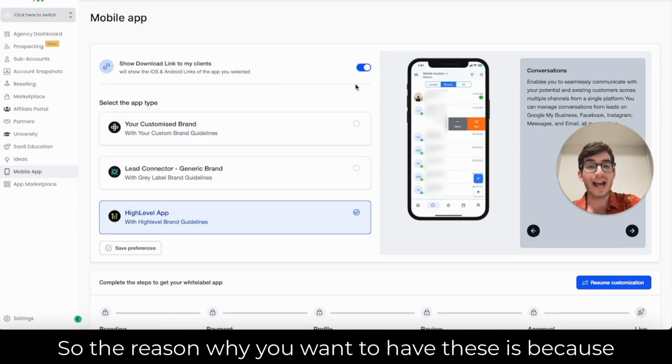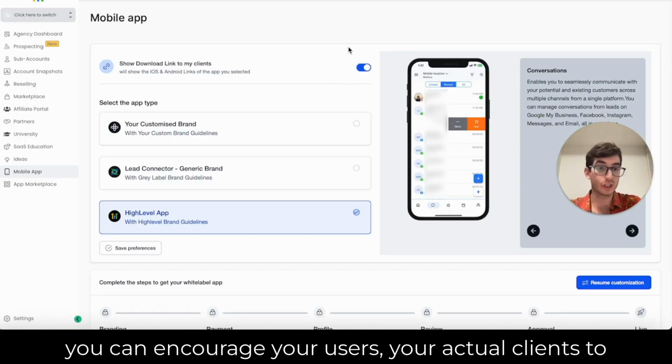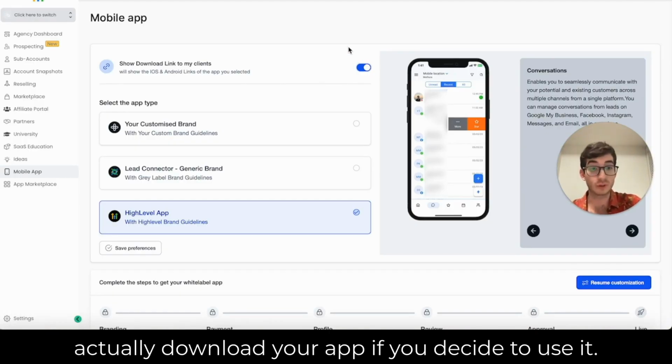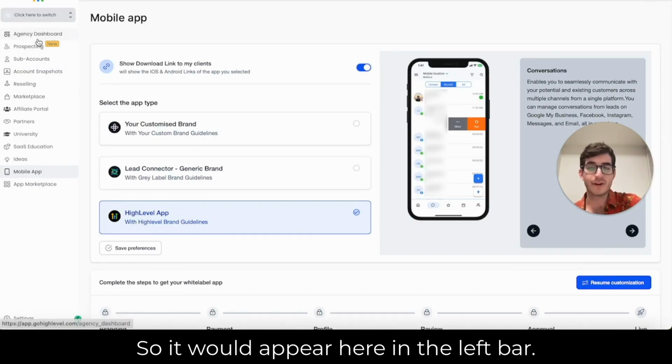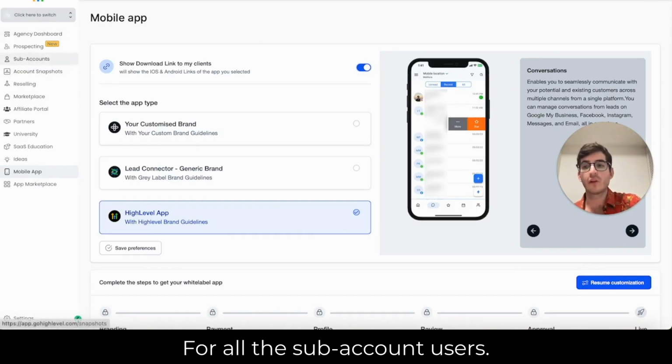The reason why you want to have these is because you can encourage your users, your actual clients, to download your app if you decide to use it. And that link would appear as a custom menu. So it would appear here in the left bar for all the sub-account